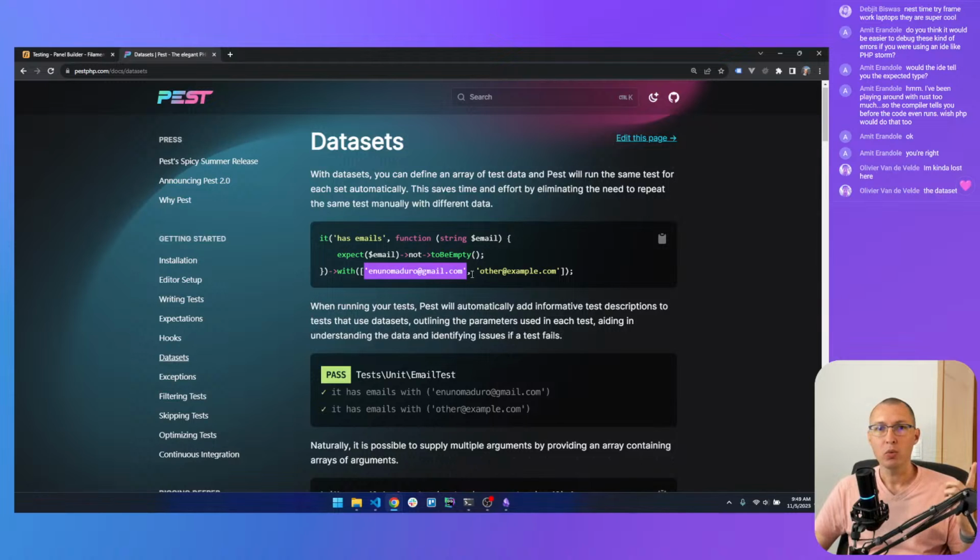And when that test runs, it's going to look like this. It has emails, which is the name of the test, and then with email number 1, same test, it has emails, but with the email number 2. So it's basically just running that same test as many times as there are datasets,